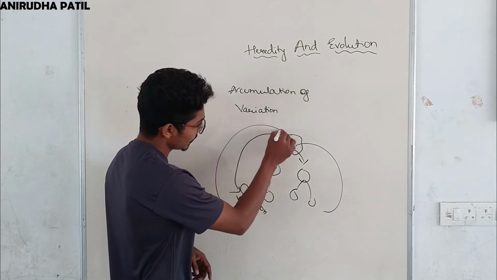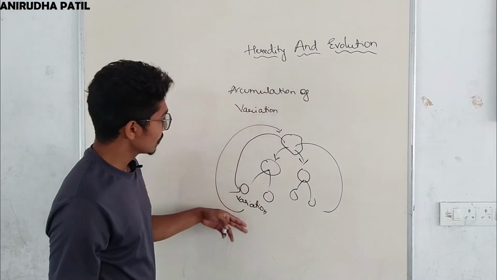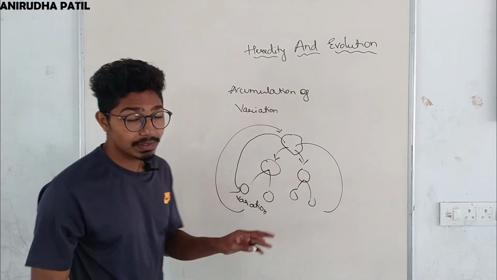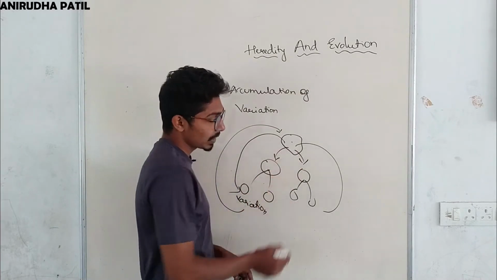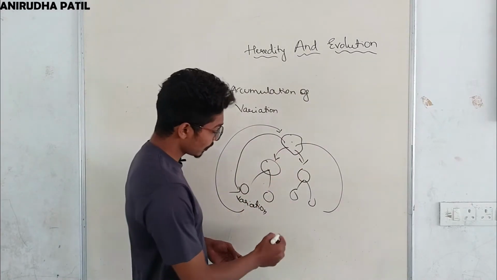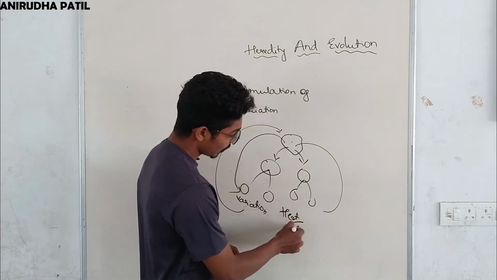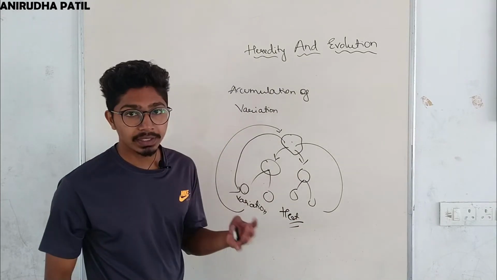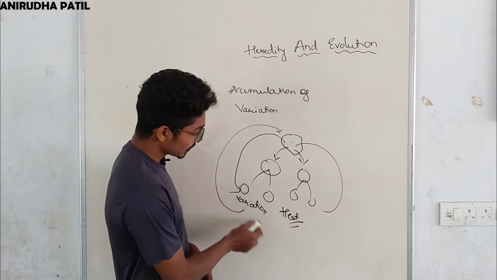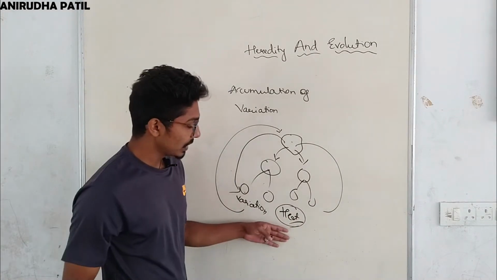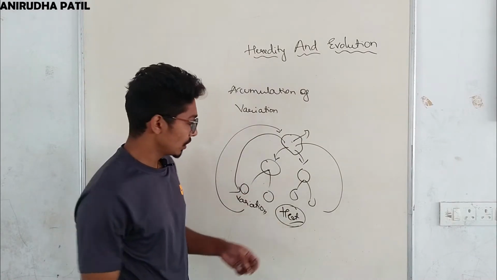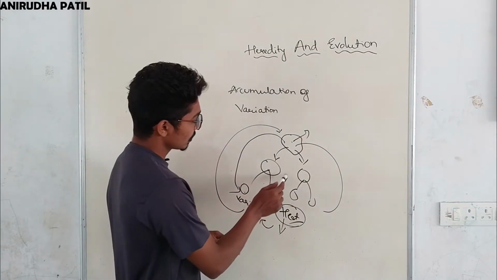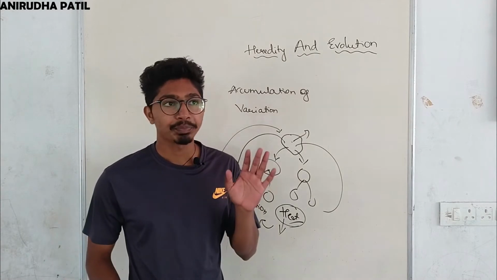which may not be present here, and these variations may help this bacteria to survive in such critical conditions, some of the critical conditions in which this bacteria may not survive. Take the example of heat. Now if this bacteria has the DNA which is resistant to heat, it may survive in this type of conditions, but this may not. That is why reproduction is necessary to bring variations, and these variations are very minute in